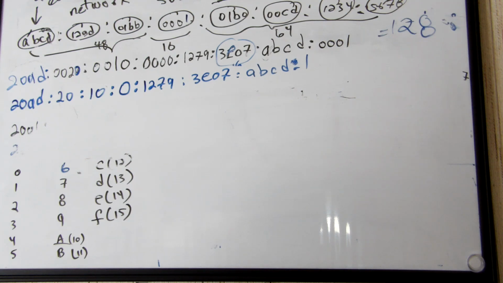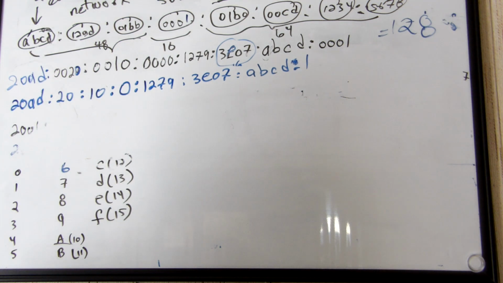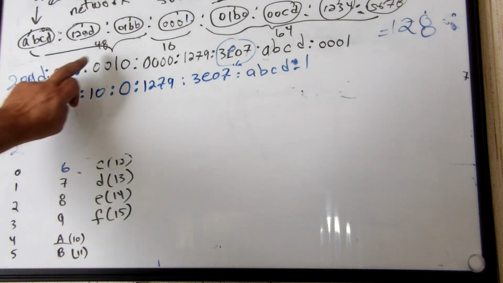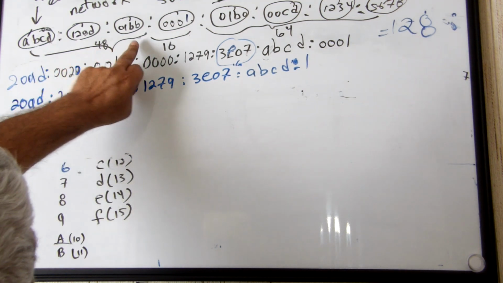They subnet it, and it takes time. It's not very hard. We talked about it in Networking 1 and Introduction to Networking. We talked about it, and see the first 48 bits are for network,